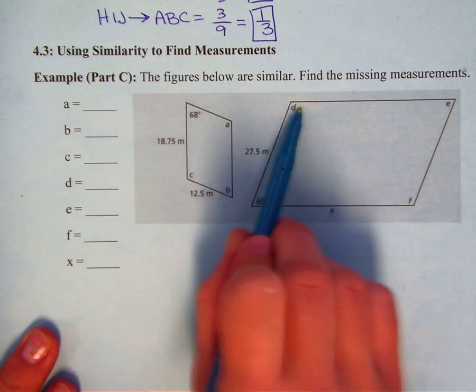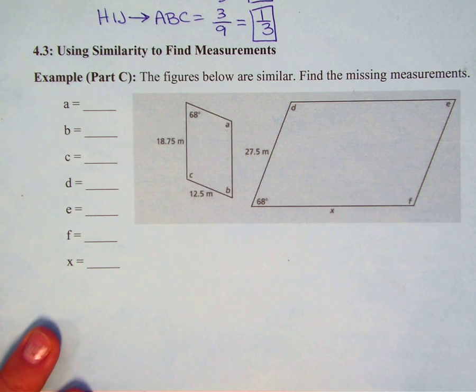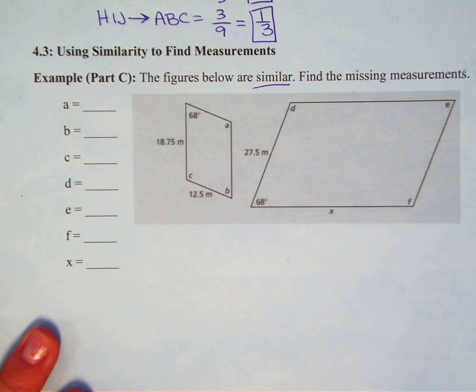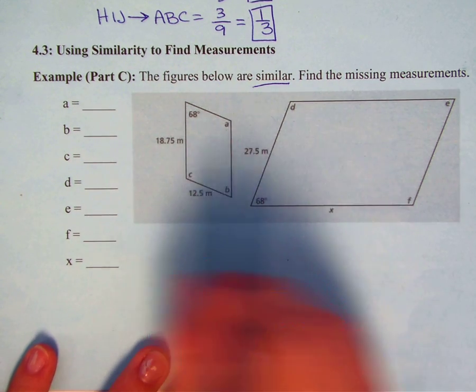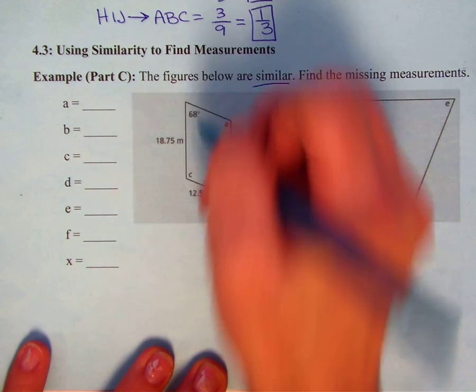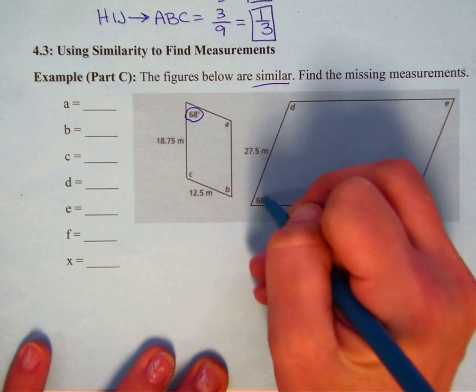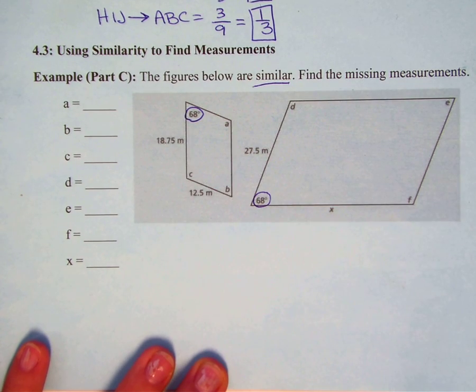Notice those are all the angles within the shape. Remember, when shapes are similar to each other, the angles do not change at all. They're the same in both the smaller and larger shape. So the 68, if you look at that, is in both of the parallelograms. That's the acute angle in both of these